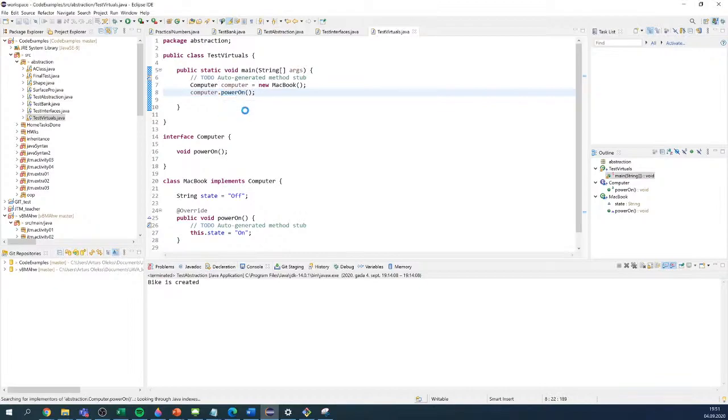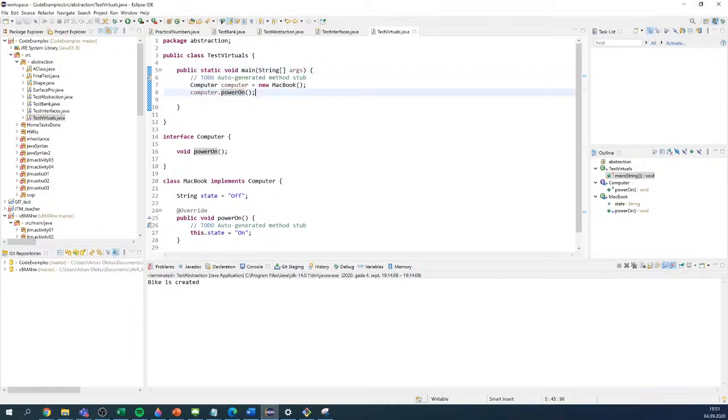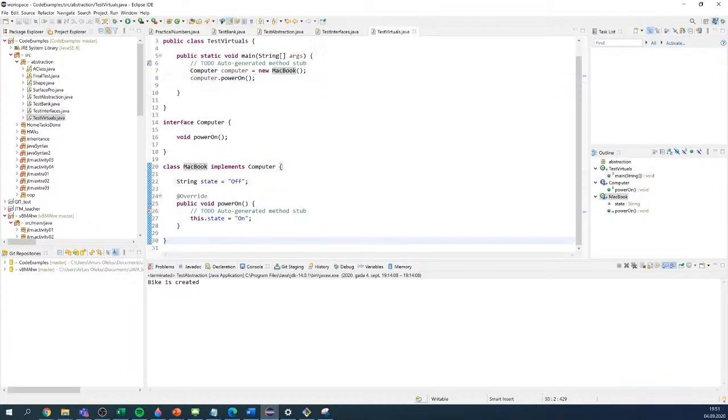But if we want to go to the implementation, imagine you don't see it, in this case you can see the implementation of the class MacBook is here, and you can see that if we call something from the variable computer, it will call the implementation from class MacBook. Here it makes sense, but if you imagine you have more hidden logic,